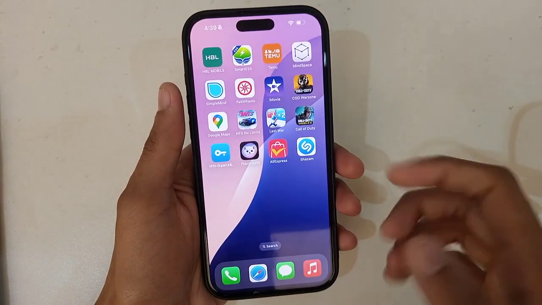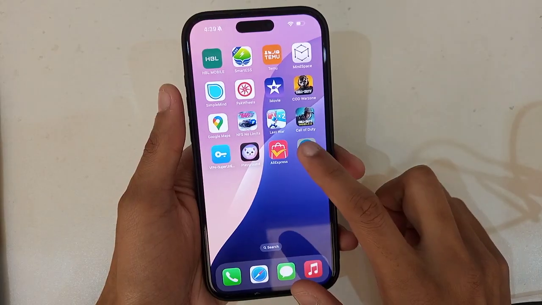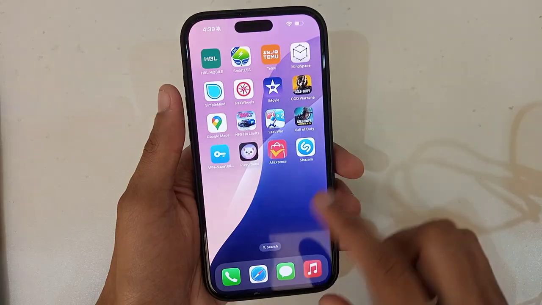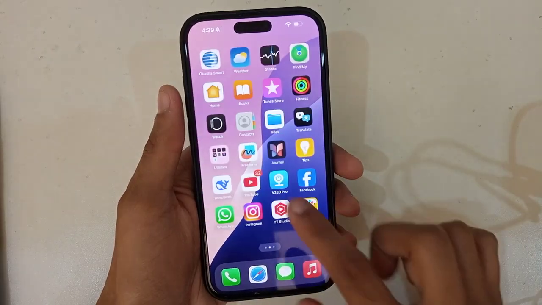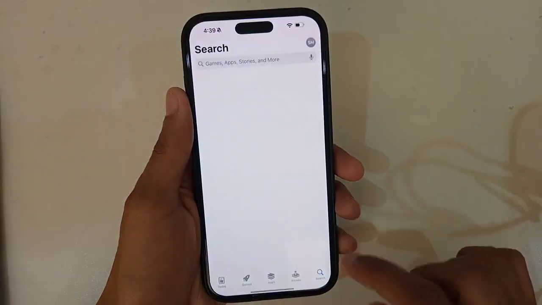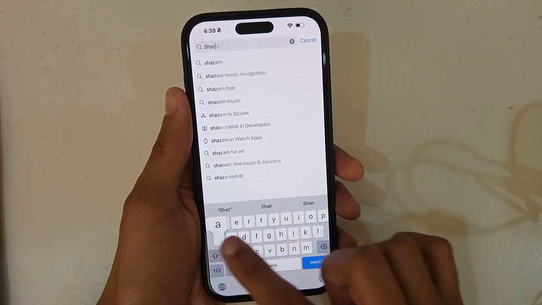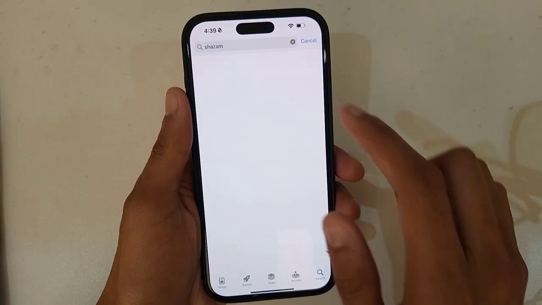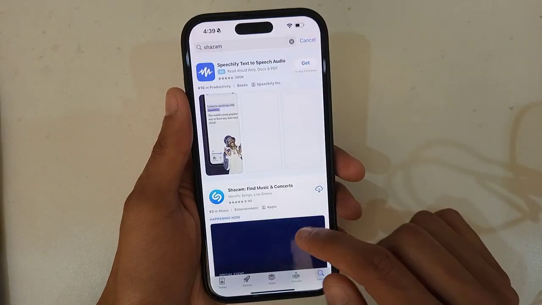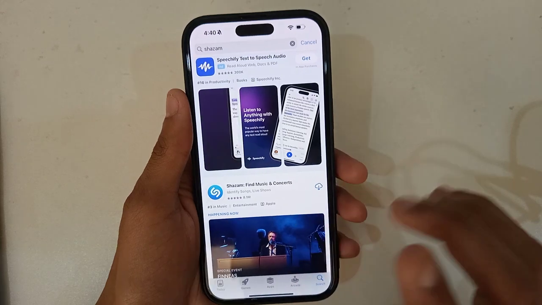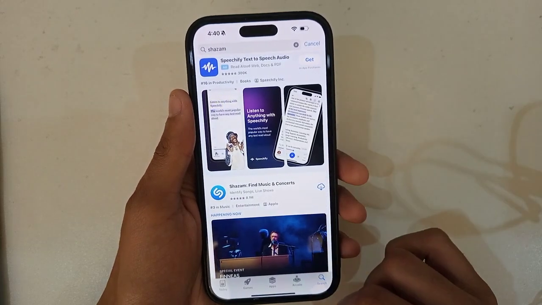So if your Shazam app is not working, what you need to do is just uninstall your app from here, remove app, and then go to your App Store. After going to the App Store, find the Shazam app and reinstall your app. By doing this, there is a 90% chance your app gets fixed and it will work again